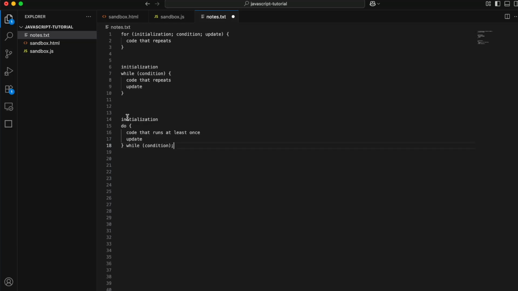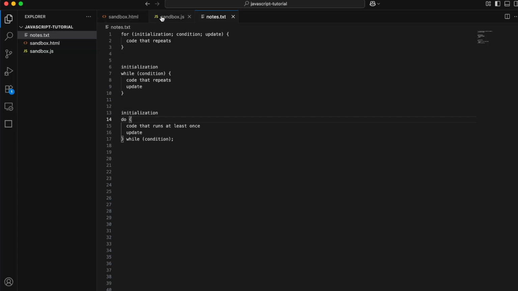The difference between these two is that the do while loop allows you to run the code at least once without checking if the condition has been completed yet. So the do while loop is used when you want to make sure you can run the code at least once, and then check the condition, versus the while, which might not even run the code between the curly braces. It might just end. And so that's what we're seeing here. And so we're going to go over some examples